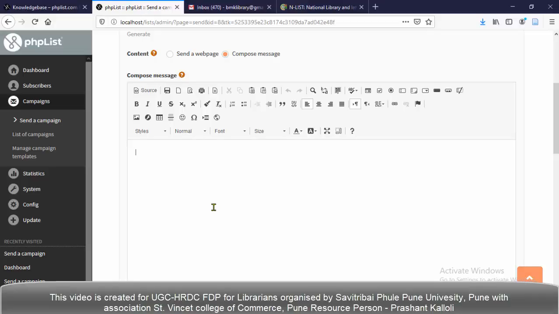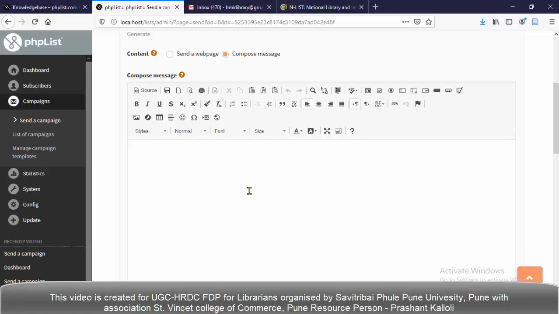If you see the layout of this compose message, you can see some tools made for editing the text. It is similar to the tools available in MS Office. Here we can make the text bold, italic, underlined, or even find text. Many tools are available for editing the text. It is a type of text editor.